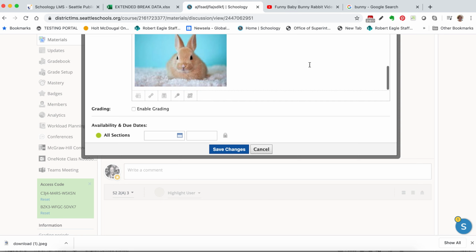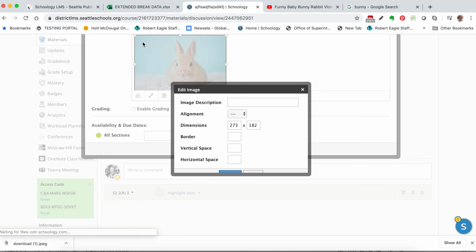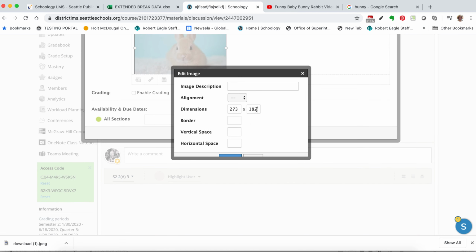So now I have a bunny image here. If your image is too large, you can just click on it, and if you hold the shift button down, you can change the size. You can also come here, and just a quick fun tip for you is when you want to change the size,